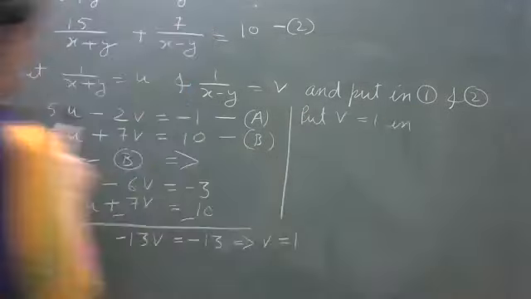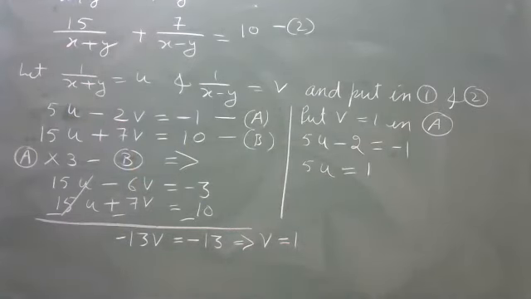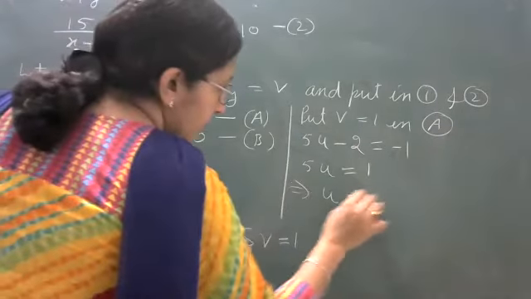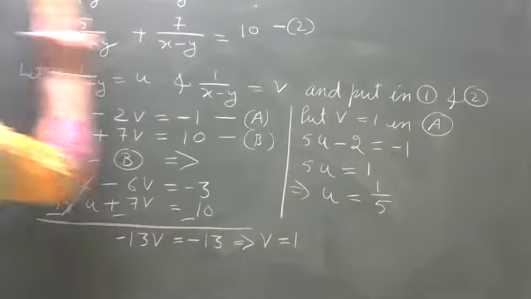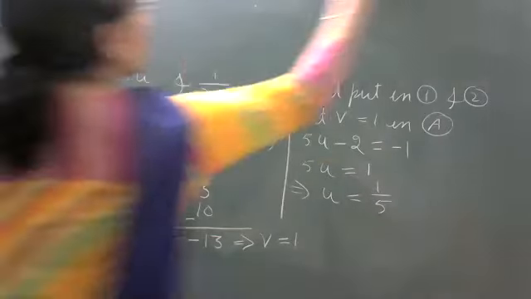So here it will become 5u minus 2 into 1 will be minus 2 is equal to -1. So 5u is equal to -1 plus 2, it will become 1. तो आपके पास u की वैल्यू कितनी हो जाएगी, 1 over 5. Now you can put the values of u and v. Right answer. So many students are giving right answers. Now original values we have to substitute.